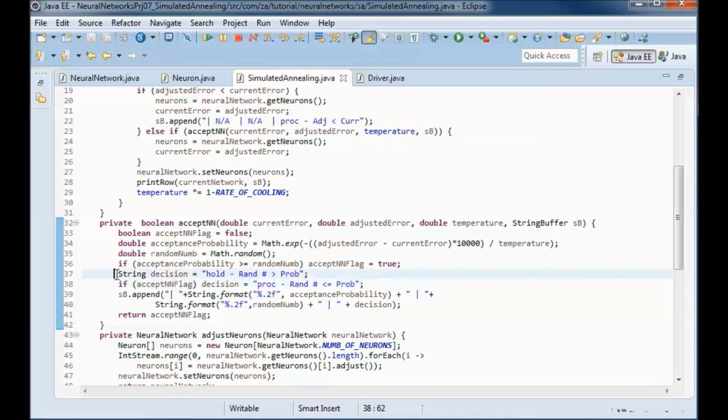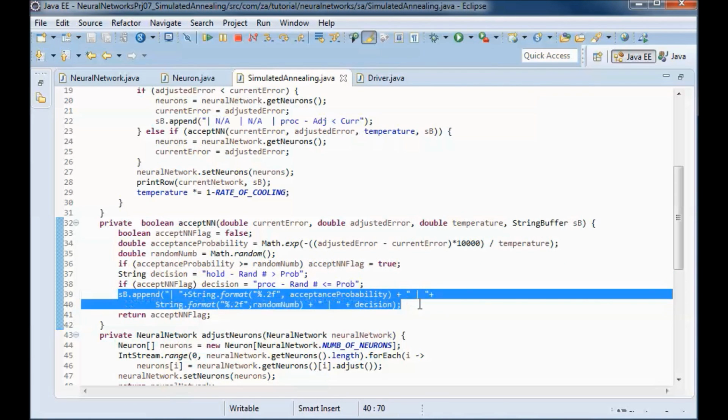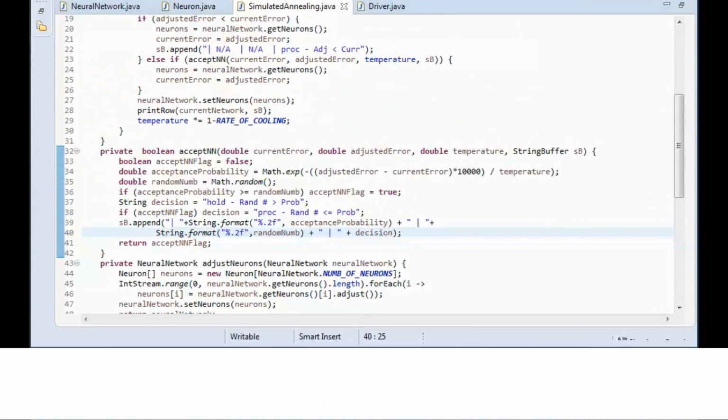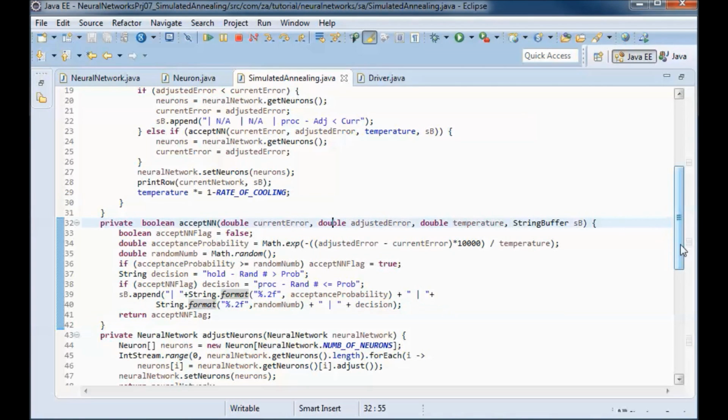Otherwise, it defaults to a decision of holding, random number is bigger than the probability. And we end up appending the decision to the passed-in string buffer, and we return the acceptance flag. So this should do it for this class.